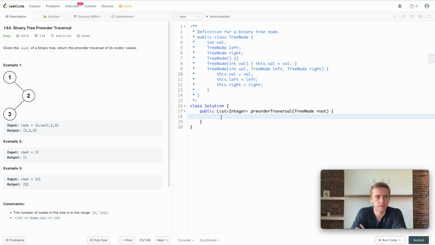All right, so welcome back, and this is called Binary Preorder Traversal, and it's question 144. It's an easy tree traversal question, and we're going to do exactly what it says. We're going to traverse a tree in preorder. Essentially what that means on paper is we traverse the current node, then the left one, and then the